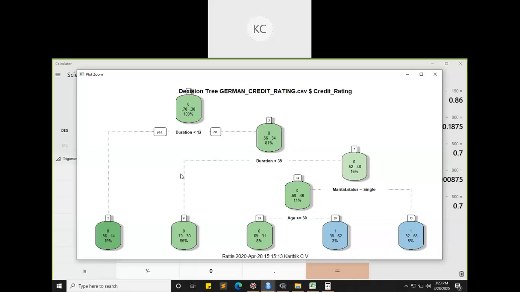From the decision criteria, whatever nodes are on the left side, it is yes, and on the right side, it is no. If duration is less than 35, I have 65%. If duration is greater than 35, I have the remaining 16%. See, this is the second node. This is how we can analyze the decision tree.